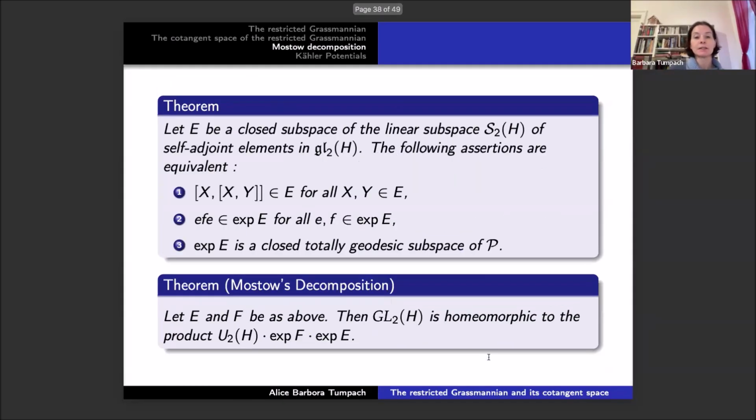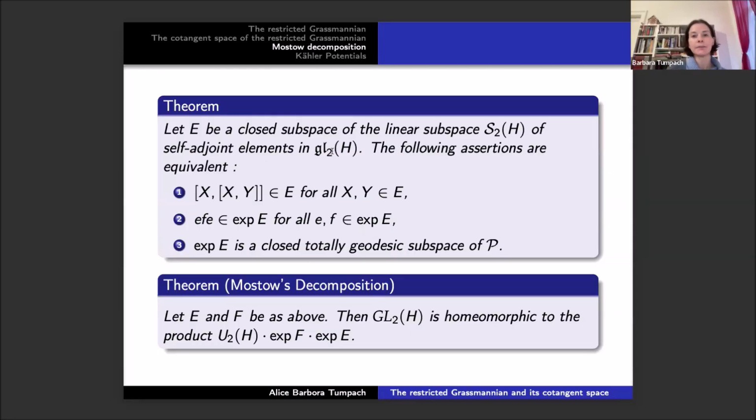But I would like to understand this identification using the Mostow decomposition theorem that I recall here. So this is a theorem of decomposition. Perhaps I don't need to go into details here because my time was over already 5 minutes ago. I'll just give the theorem that is written here: the group GL2 of H is homeomorphic, or diffeomorphic actually, to the product U2 times X_E, X_F,